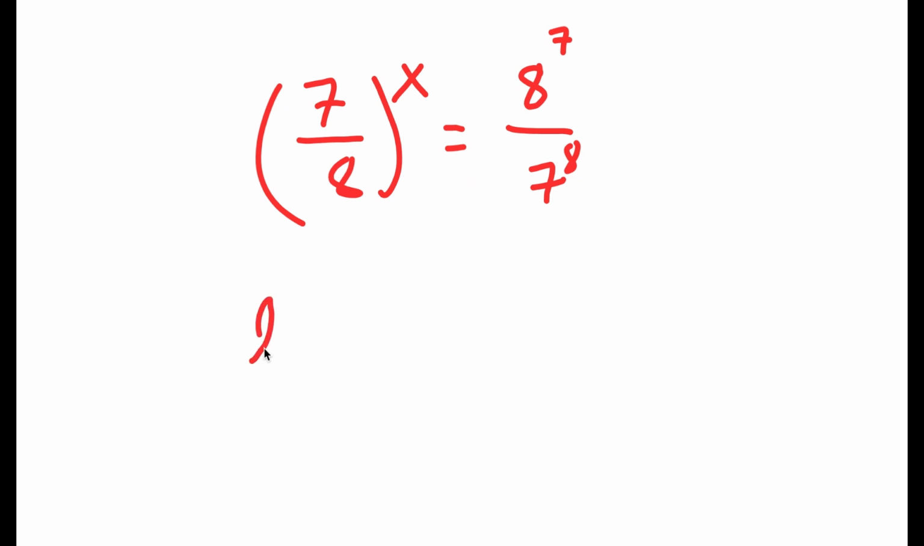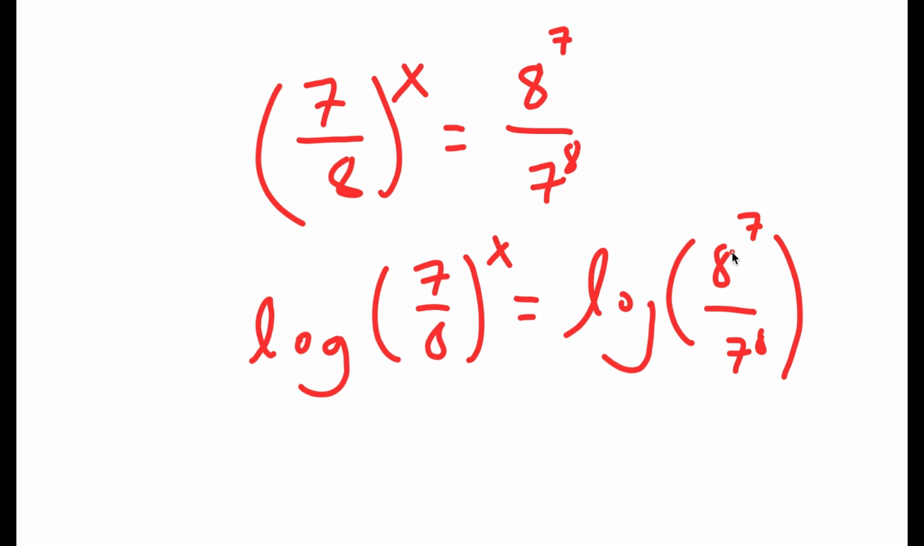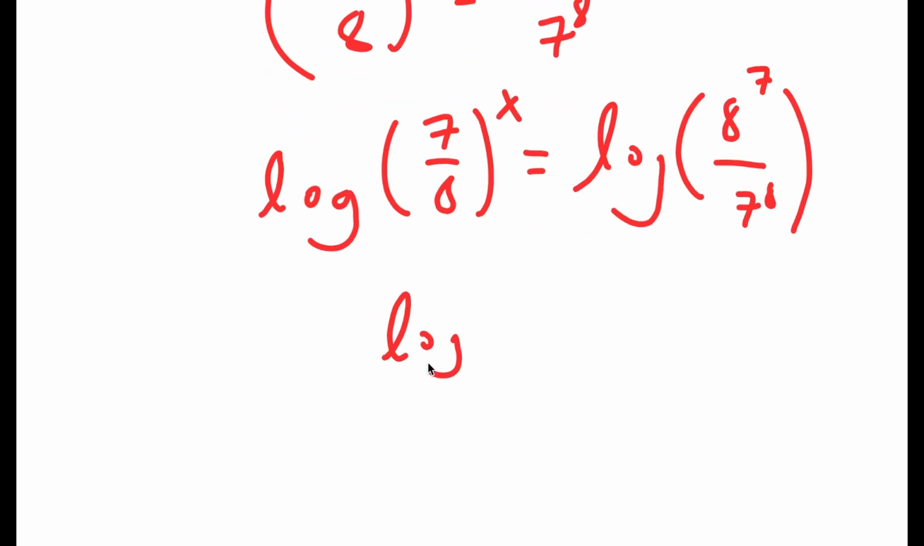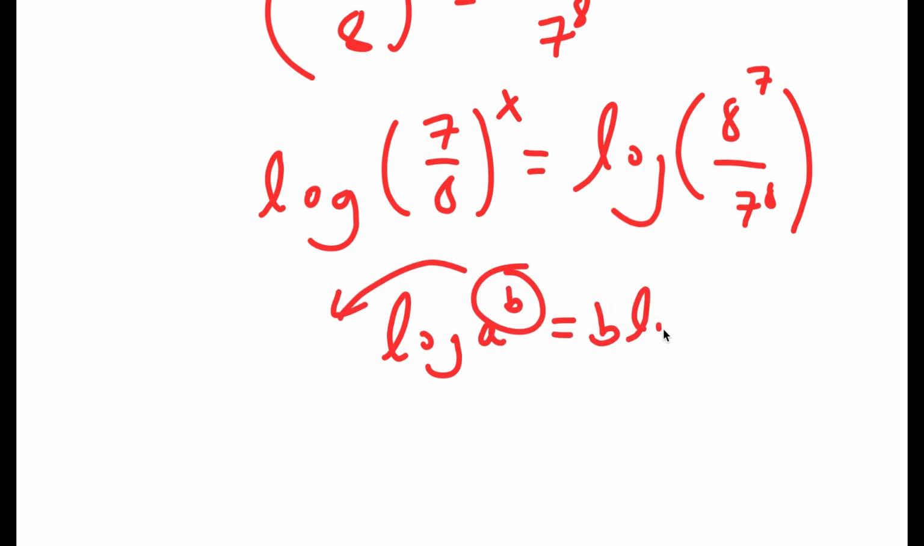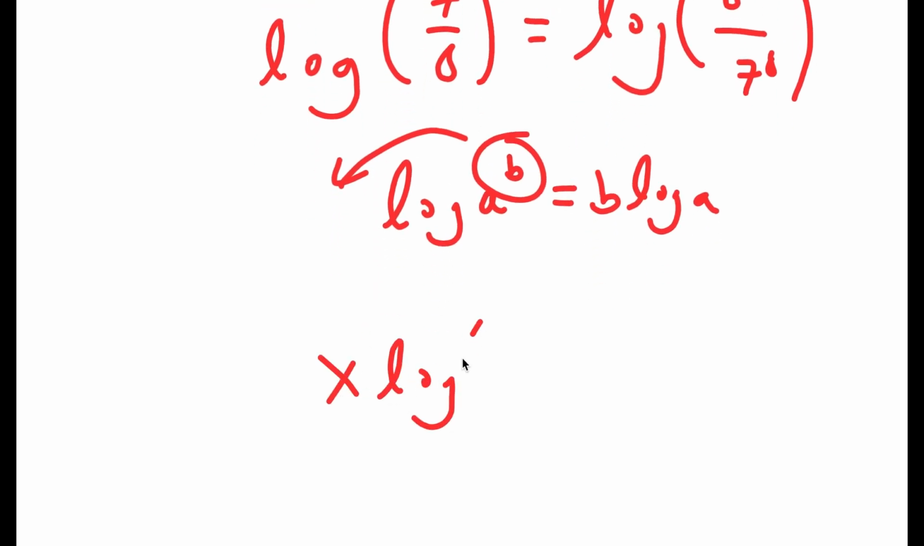Now I'm going to take the log on both sides. So I get log of 7 over 8 to the power of x is equal to log of 8 to the power of 7 over 7 to the power of 8. Now if I have something in the form log a to the power of b, I can move this exponent b to the front, so it's going to equal b times log a. So in this case, I get x times log 7 over 8 is equal to